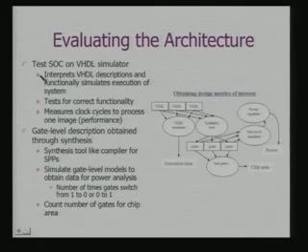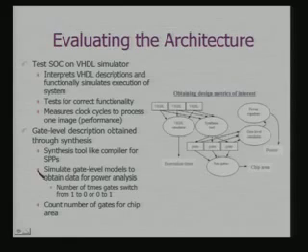We can test the SOC on a VHDL simulator, we need not actually fabricate the system; it interprets VHDL descriptions and functionally simulates execution of the system. On the simulator, one job is to test for correct functionality, that means whether I have written the VHDL code correctly, and it can also measure clock cycles to process one image. This number of clock cycles gives you an indication of the performance.